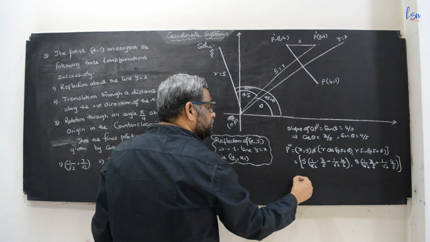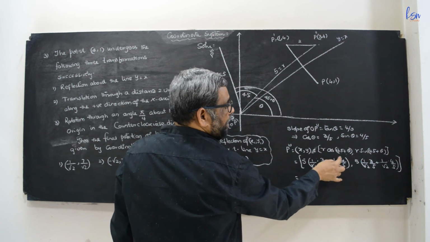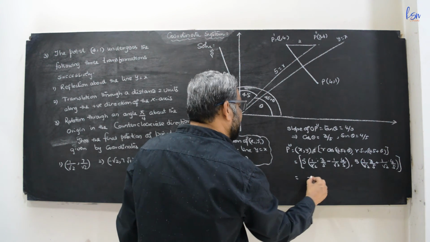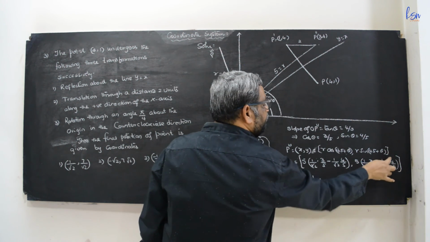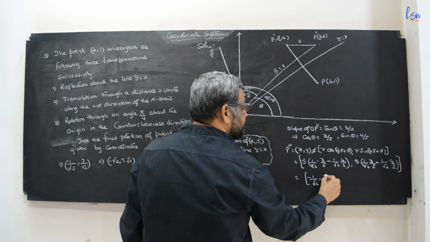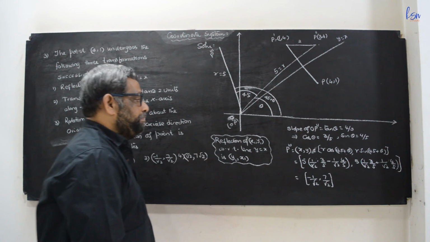And this is equal to 3 by 5 root 2 minus 4 by 5 root 2, 5 gets cancelled, minus 1 by root 2, and comma 3 plus 4, 7 by 5 root 2, 5 cancels, 7 by root 2. This is the final position of the point P